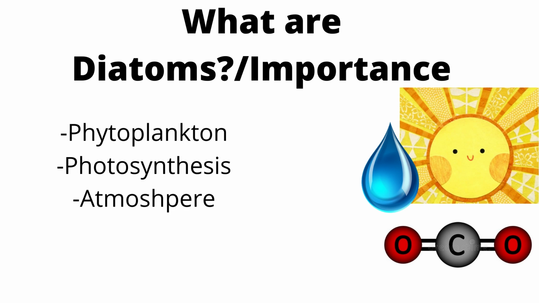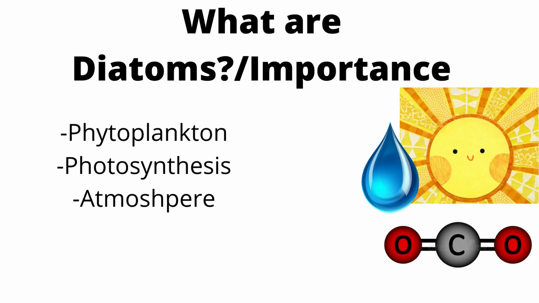So, what are diatoms? Diatoms are algae that fall under the phytoplankton category, which helps them provide food for animals who are living in the ocean with them. And they also are important because they produce oxygen using photosynthesis. So, it's not only food that they're providing, but they're also producing oxygen for the atmosphere. An enormous amount of oxygen produced for the ocean comes from phytoplankton, and the majority of the phytoplankton that are